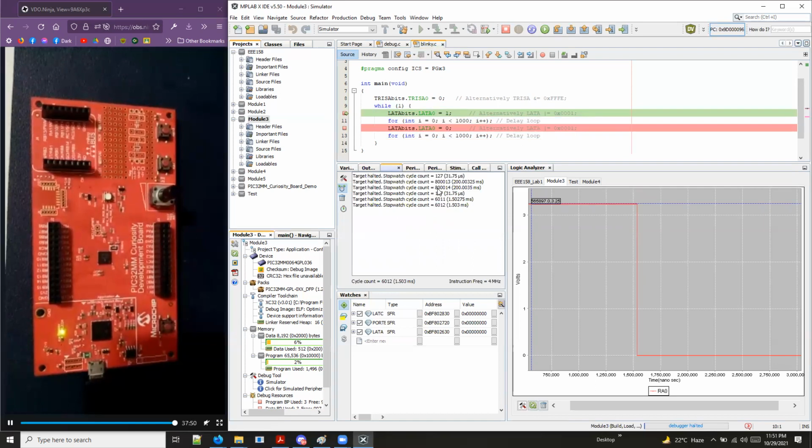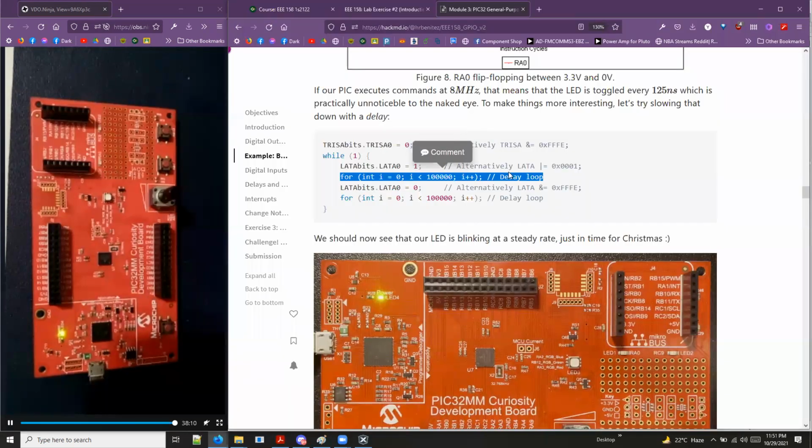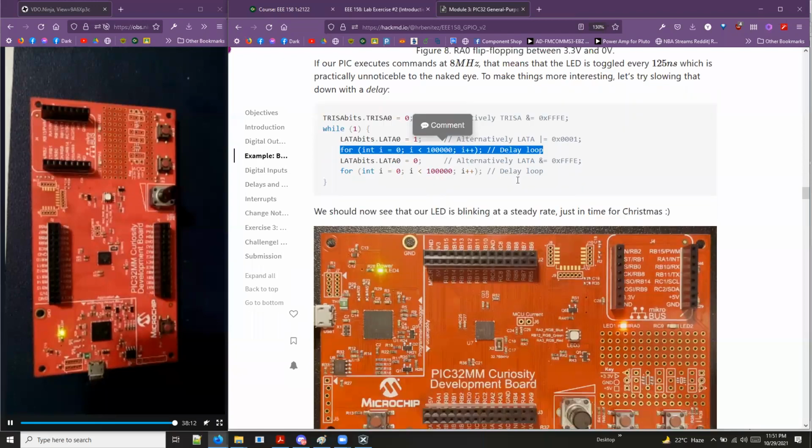So from 80,000 it became 6,000. So the scaling is not linear. So it's up to you to judge and find a way to make it more exact, make it a function, if you want to make a fixed frequency blinking. So actually, that's it for the